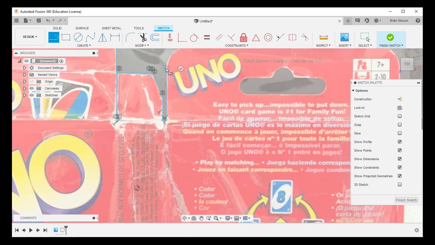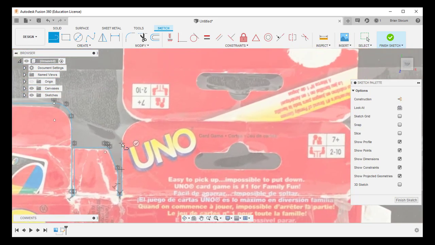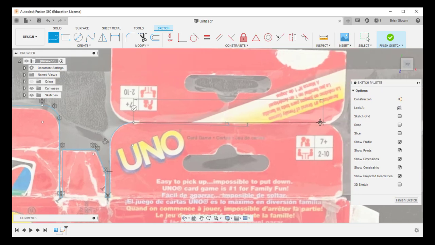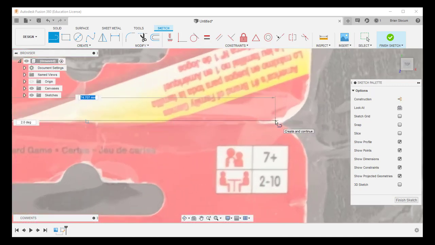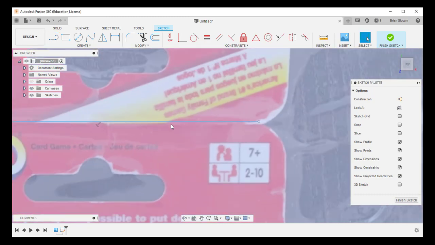So I'm going to click here, come back to there. I'm using my scroll wheel and my pan as much as possible. Click and hold to create my tangent arc to that point. This would be a fold line, and so I'm going to come over here until where that tangent arc might start on this side. We're going to do that same mirror approach to go left to right, so that I'm sure that